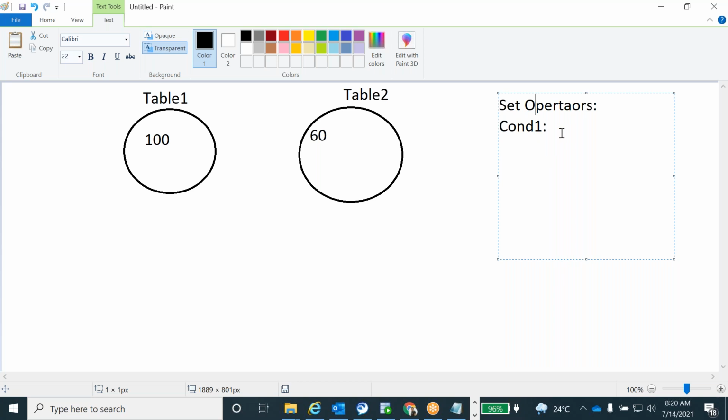The first condition is that the number of columns should be the same in the two select statements.